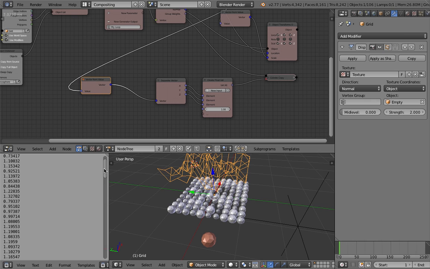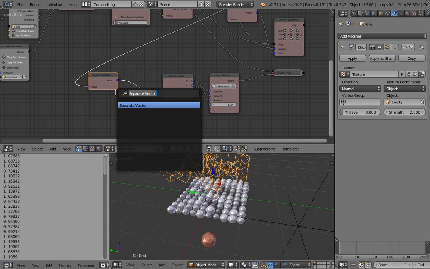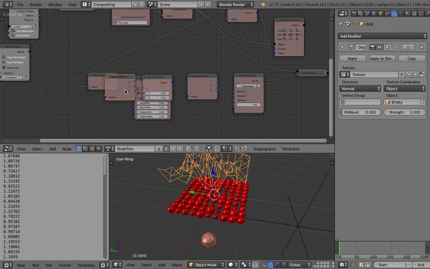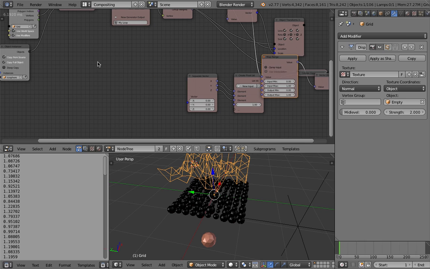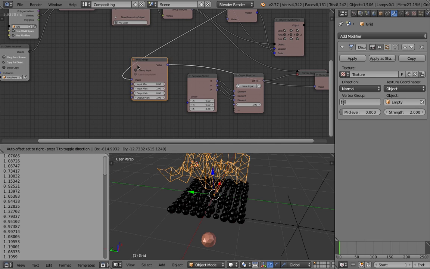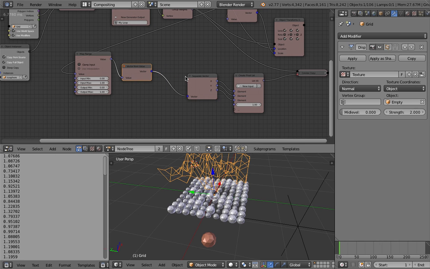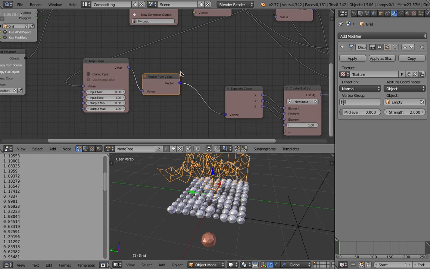In order to make our value more contrasty, more between the range that we like, we can use a Map Range node, and whoopsie, this Map Range should be before, and let's do it like that. For the range map, we should look at the smallest value and then get a maximum value.